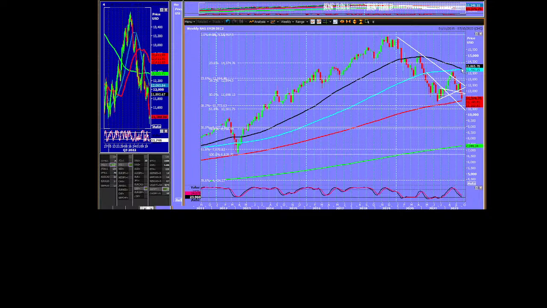We've now got a potential moving average crossover. The 50 is just about to cross below the 100-week moving average on the NASDAQ, so that's just starting to be a sell signal. And anyway, the 200-week moving average is clearly the one to watch. Now, if we break that, it's going to be pretty nasty for the NASDAQ. The next thing is we break 10,700, and that would be pretty nasty for the NASDAQ, and I think it's probably coming. Look, we're clearly in a bear trend.